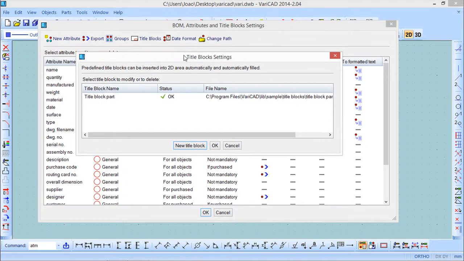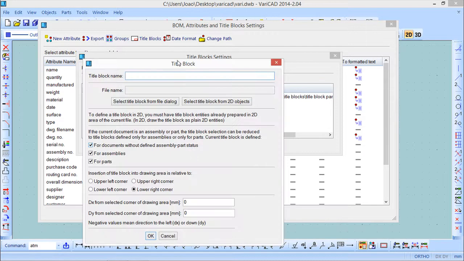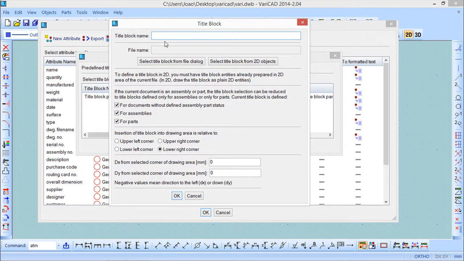and we can have several title blocks. The idea is you can have one title block, for example, for each customer you have, because sometimes they require a specific format with specific fields. So you can have one title block per use, per customer, whatever you want. So we will create a new one. So, new title block, and we need to make some definitions. The first one is to give a name to the title block, and I will say CADsoft